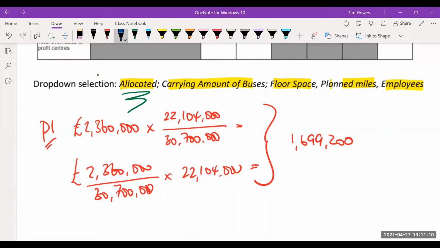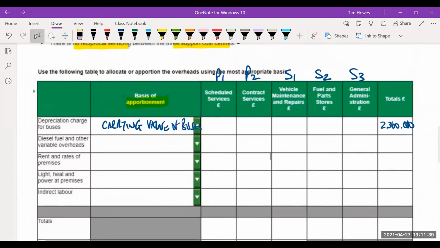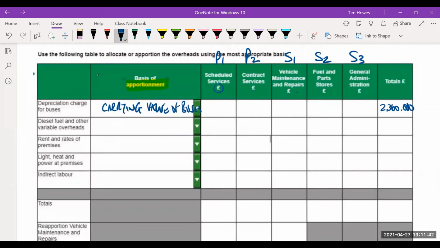Now, as I said, some people like to work these out as a percentage, and if you were to do that, I think I'm right in saying that what it's saying is, in the carrying values, 72% of the carrying value of buses is this scheduled services or whatever it is. Now, don't round anything unless they tell you to round it. So no rounding unless it says otherwise. Look here, this is pounds, not thousands, so we would need to be precise. Zara, I thought you might be asking that, so that is what I've put.